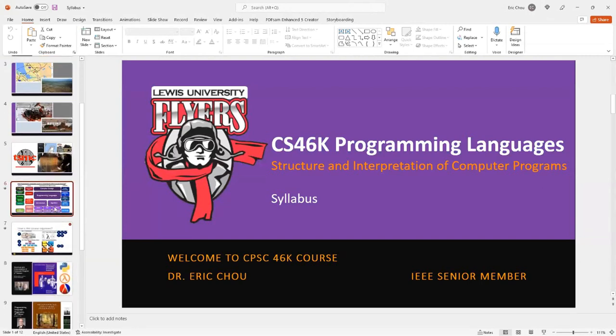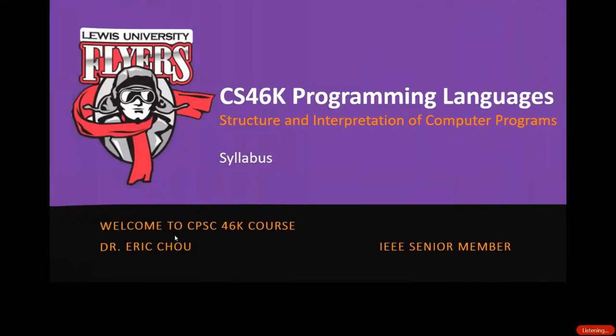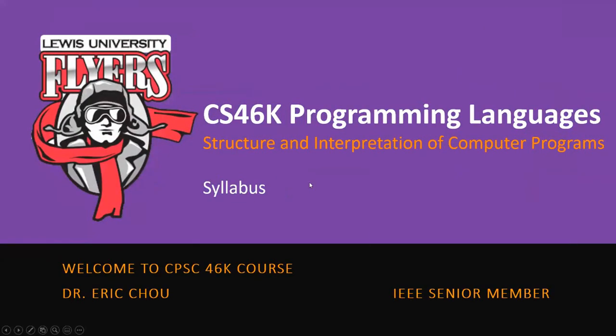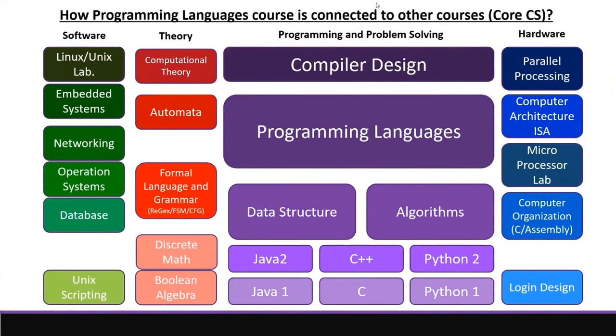Okay, so here, this is what computer science students are supposed to learn. That's the core knowledge you are supposed to learn, including the hardware track. Some students don't like hardware, it's okay. Just don't take it. If you don't like hardware, you don't take this hardware track. And this one is the theory track. If you don't like it, don't take it.